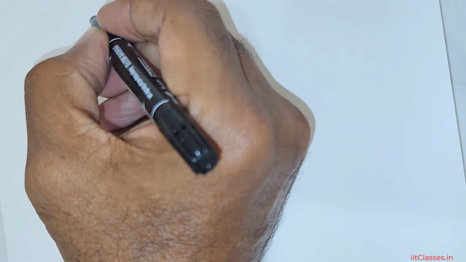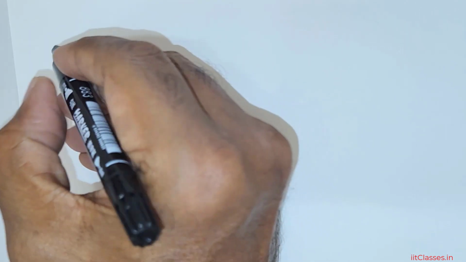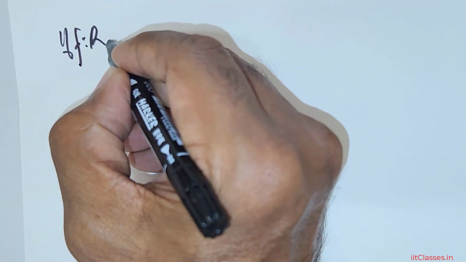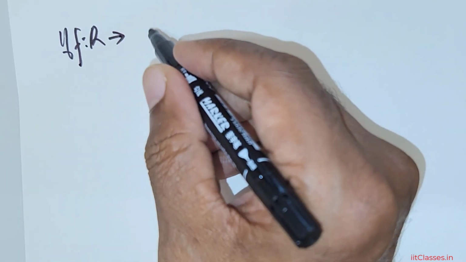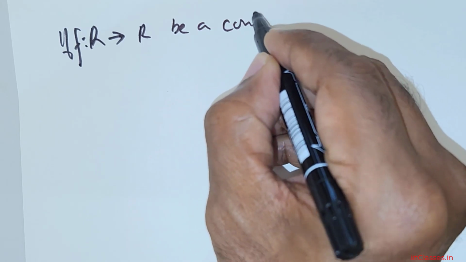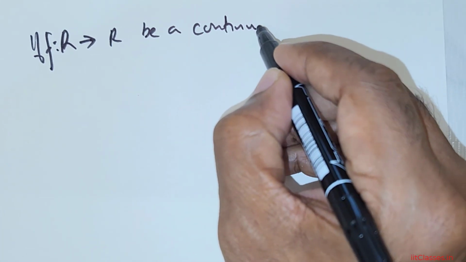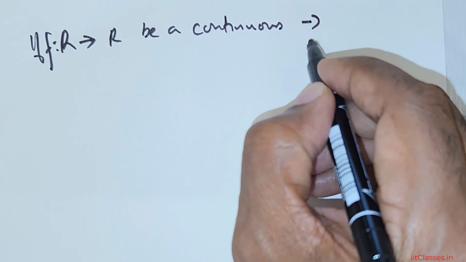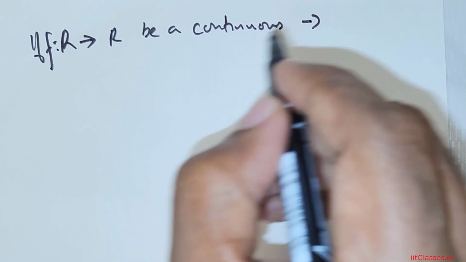Good day everybody, we've been given this question. Let me state the question. If we have a function f from R to R, be continuous, and it satisfies